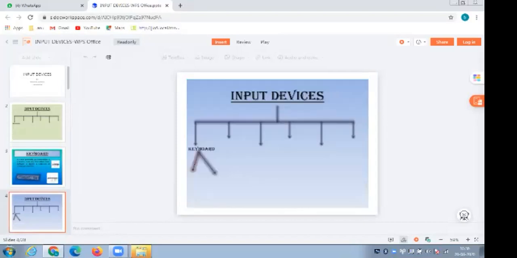There are many other input devices, but first we divide the keyboard into 2 types.